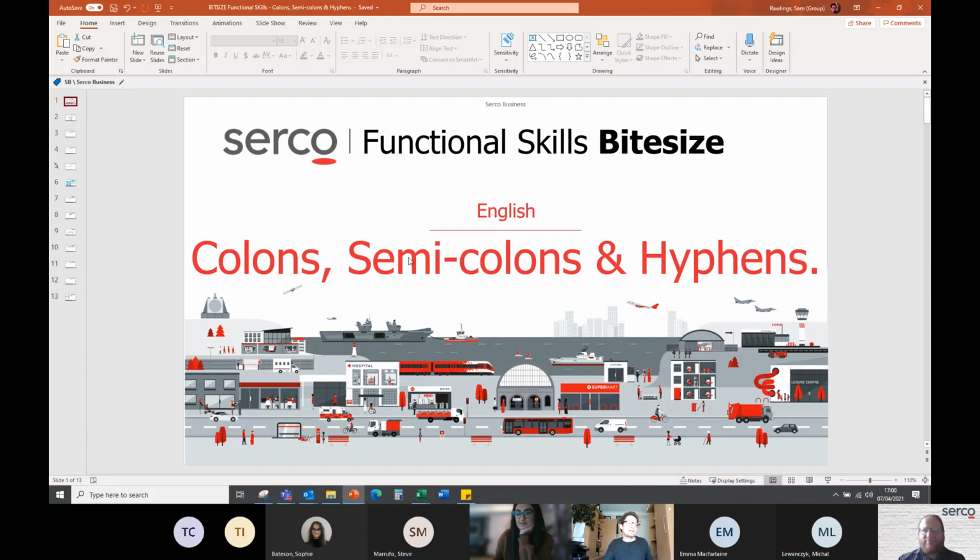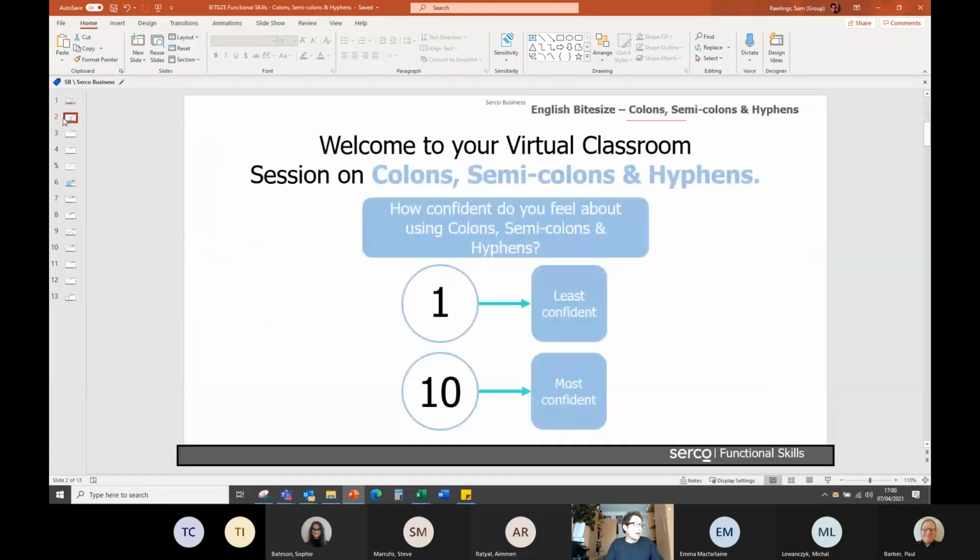Session here on colons, semicolons, and hyphens. So a punctuation session focusing on these three things. As everyone else has done through the day, a little confidence score to kick things off. So how confident does everyone feel using colons, semicolons, and hyphens? Drop me a confidence score in the chat box, and I'll just record it on the screen to see